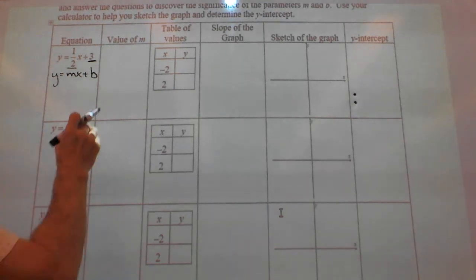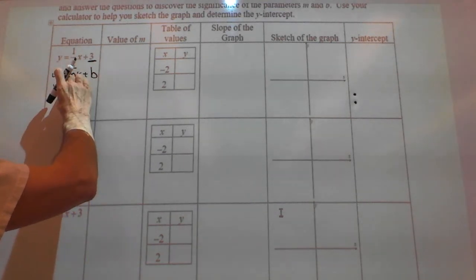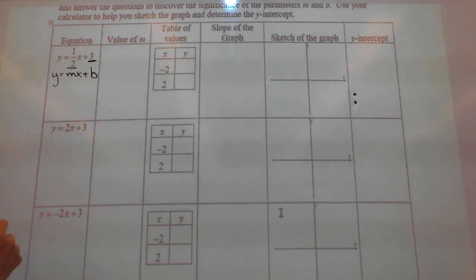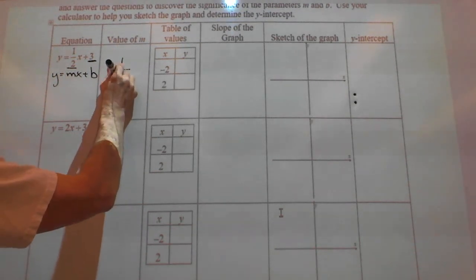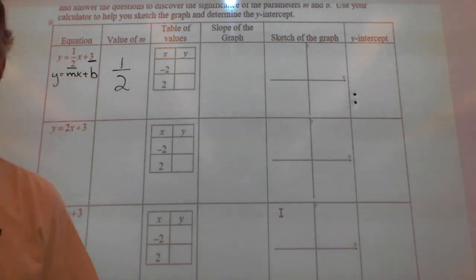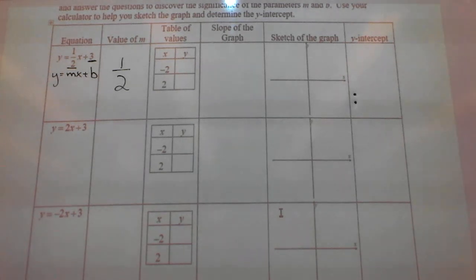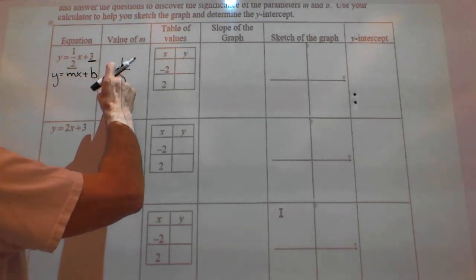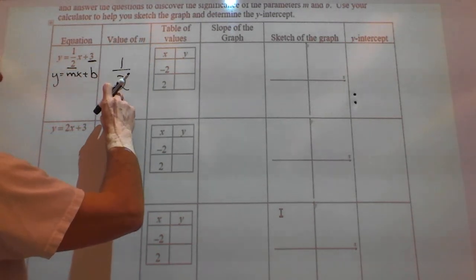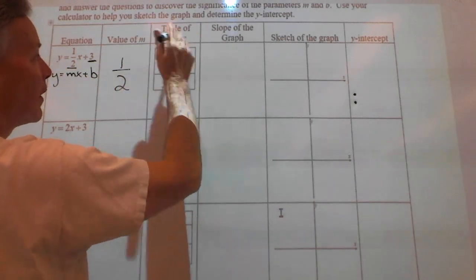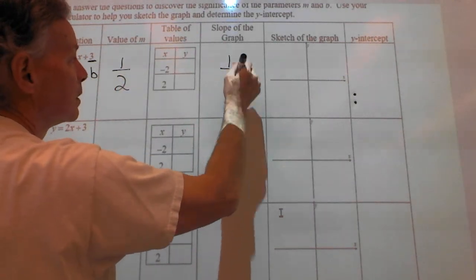Okay? So, the value of m is always the number that's attached to your x variable. So that means the value of m in this case would be 1/2. Okay? And therefore, because m is just the slope, if you know the value of m, you know the slope